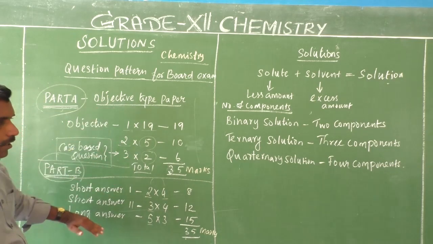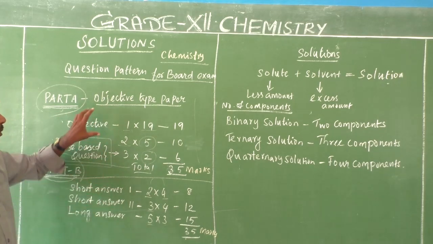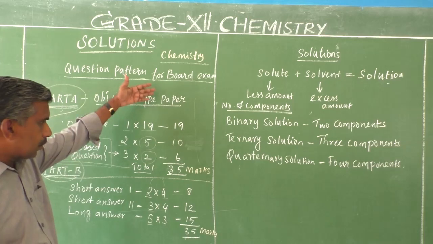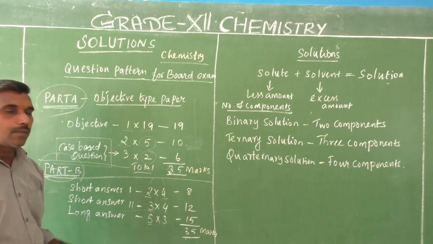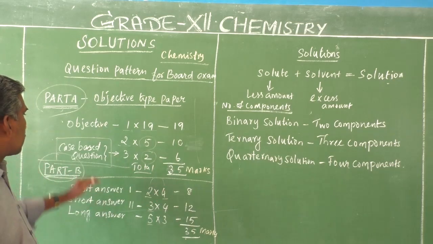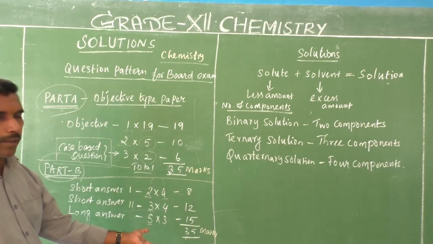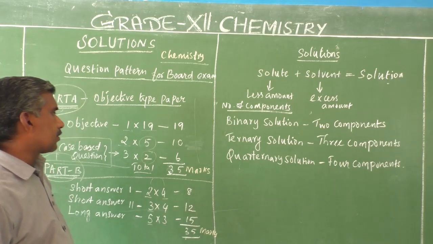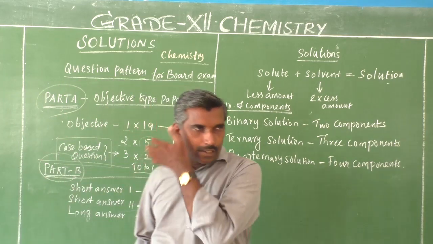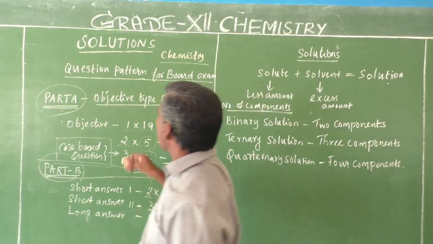So Part A and Part B have equal percentage, 35 and 35, total 70 marks. If you do not read the textbook thoroughly, you lose the maximum marks, because the objective type is very important. Understanding and application skills are all applied here. Part B is 35 marks of familiar topics. So this is the question pattern for the board examination this year, and the syllabus is also reduced.